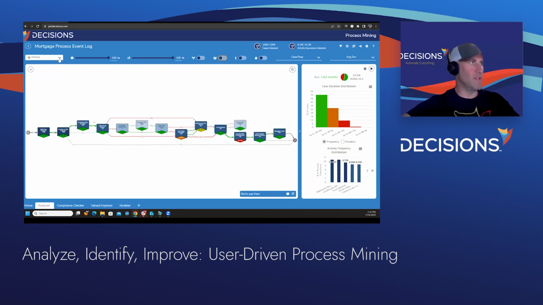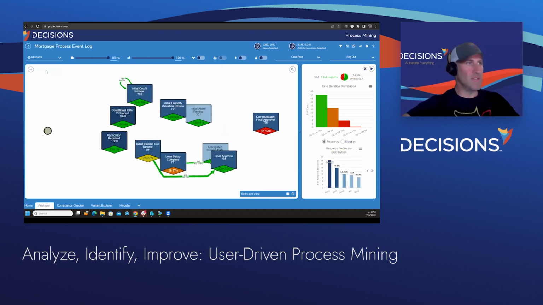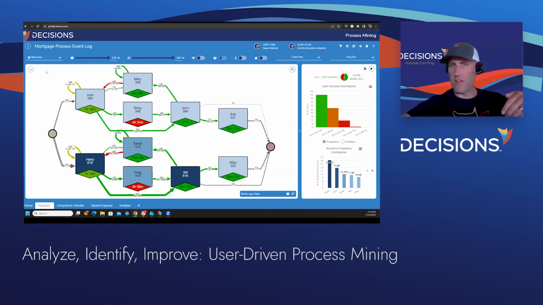A couple other things real quickly, just to kind of get off the plate here. We can see the resources in our process, same numbers, same colors apply as mentioned before. But again, I mentioned that half my group here partakes in new purchase and the other half partakes in refinances. And we can see who's doing good, who's doing bad, where we need to improve in regards to resource allocation, resource management. Again, going back to that costing question, we can expose resource utilization, see who's fastest at what activity or slower activity, and really do a deep dive on those type of things.